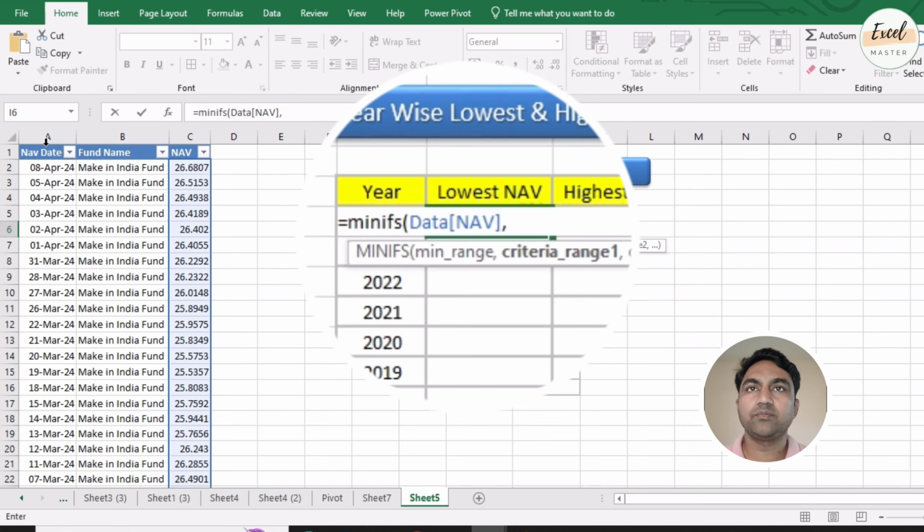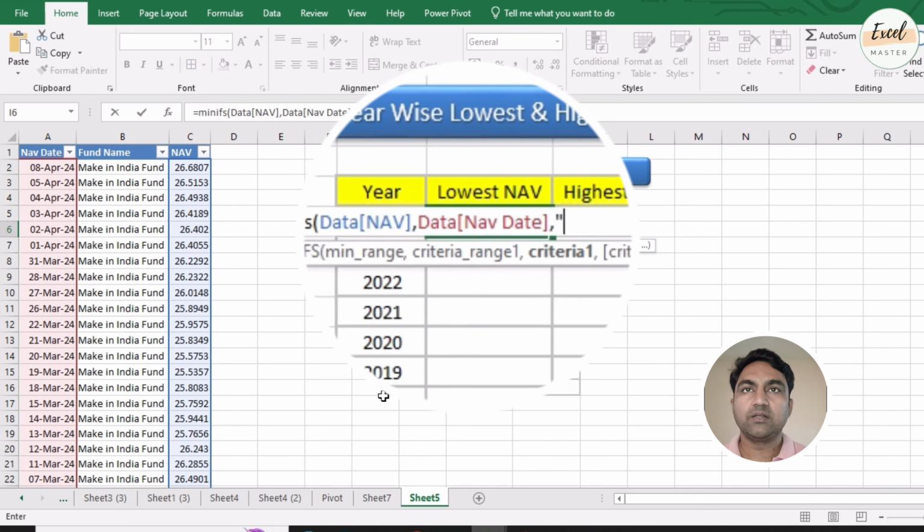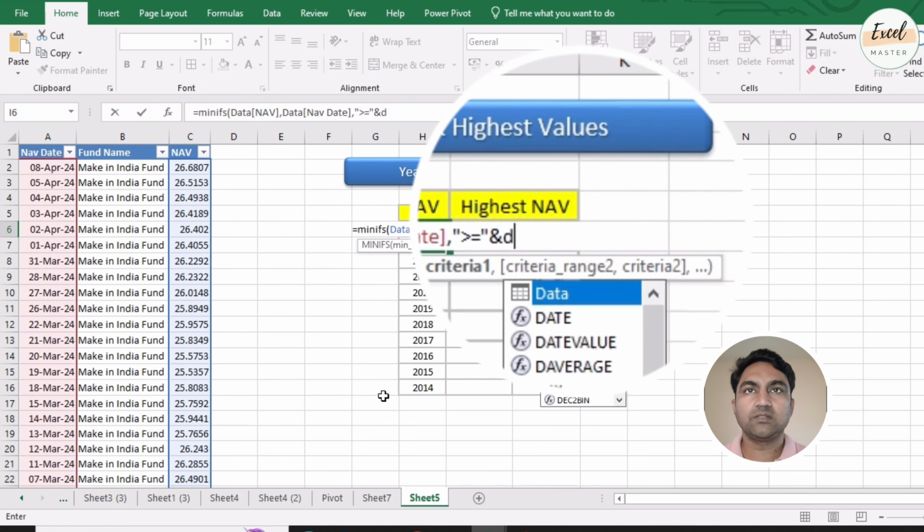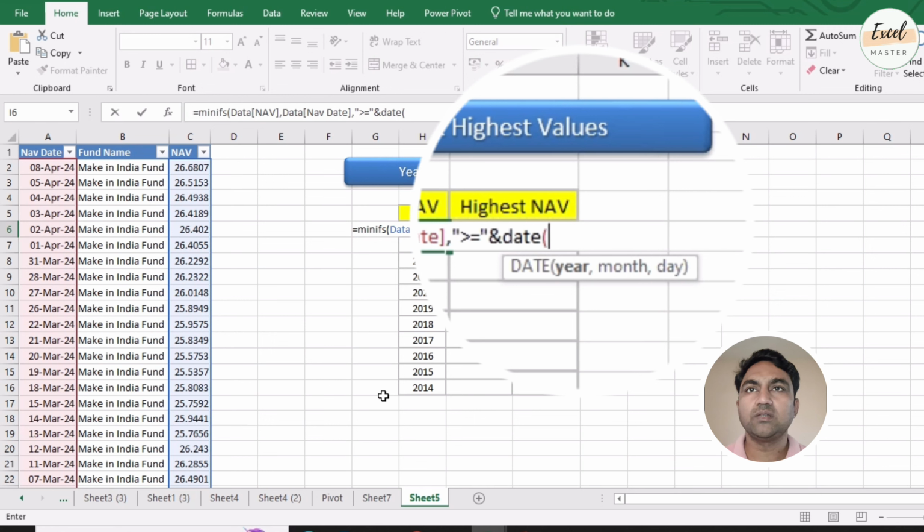Select the date column, comma, greater than or equals, and the DATE function. Here the year should be the first year, which is H6,